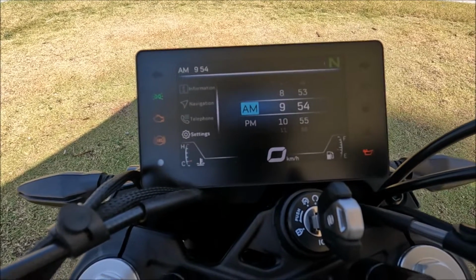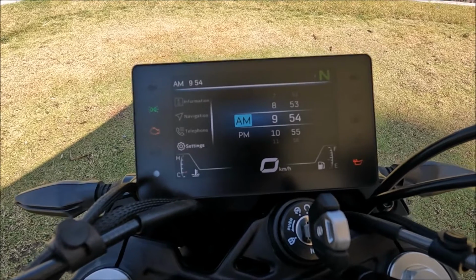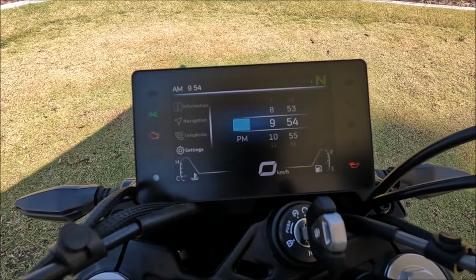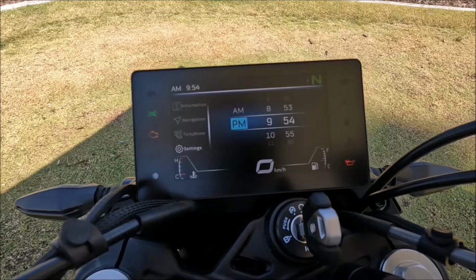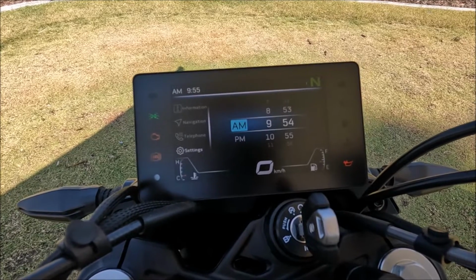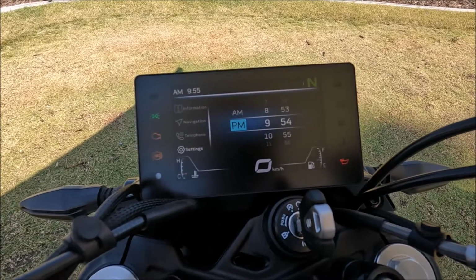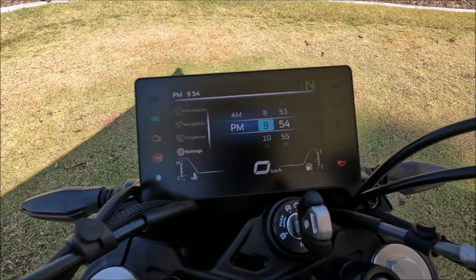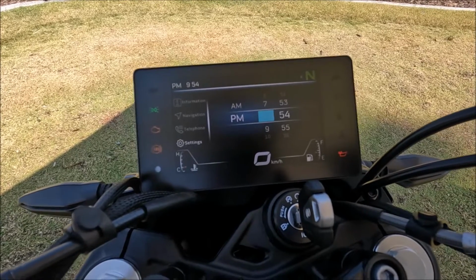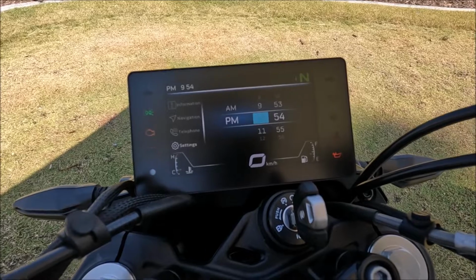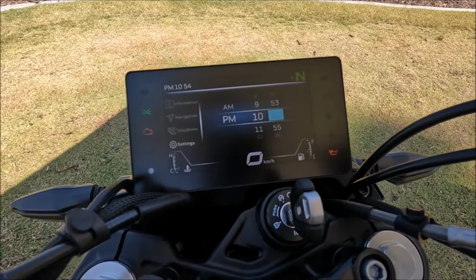And then we can see you can go from AM to PM and then we can change the time. So if you hit enter it will start flashing, and then you use the up and the down buttons to cycle between. So if I wanted to change it to PM, say, click enter again, scroll across. So if I want to put it to 10, go to 10, enter, and across, and then just go forward a minute,